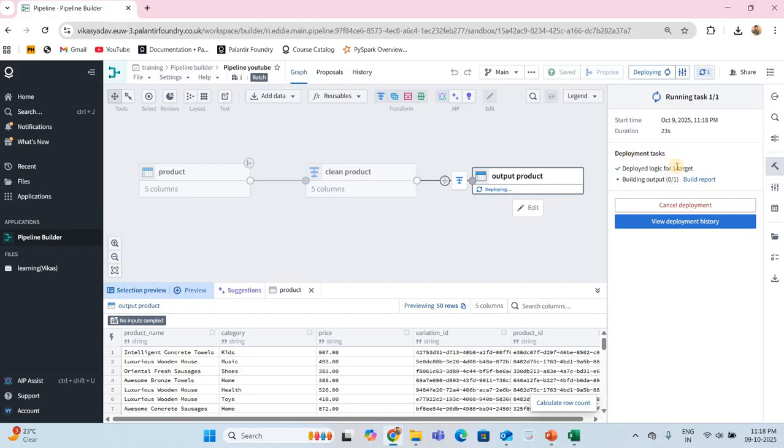Meanwhile I'll be talking about a few things like proposal and history. Suppose this pipeline is in production, and a schema change has come, like it has product name, category, price, validation, and production ID, and they have added another column from the input side, let's suppose product history.